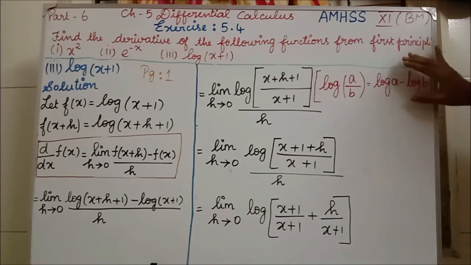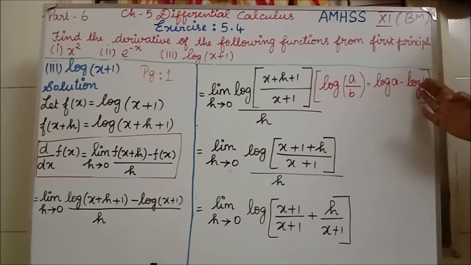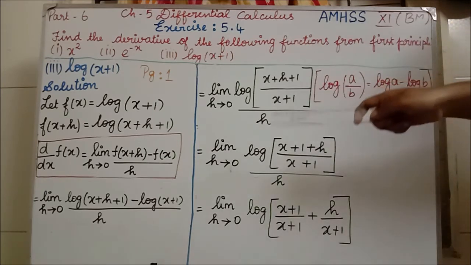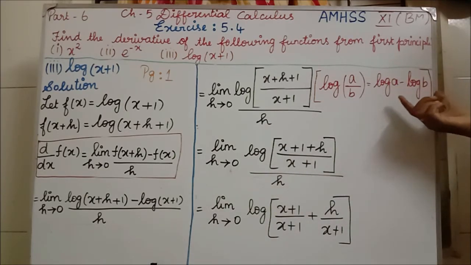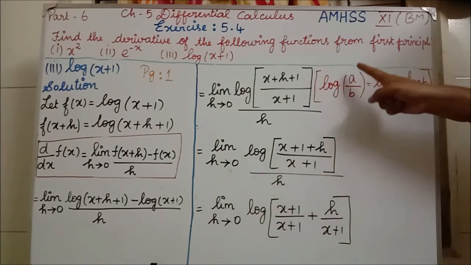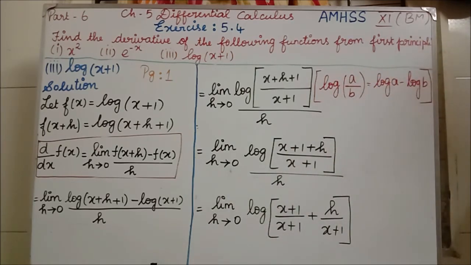Clear? So they have given the RHS part in the formula, then we have to write the LHS part. See, log a minus log b, in that format we have it. So we are going to write that. How can we write it? We can write log(a/b), according to this formula.